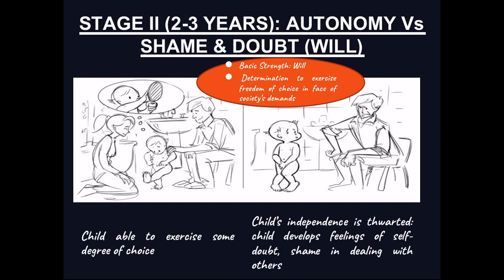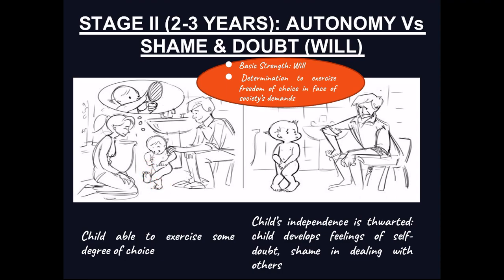So the next stage is stage 2, which is autonomy versus shame and doubt. The age group is 2 to 3 years. The basic strength is the will. Here there is a determination to exercise freedom of choice in the face of society's demand. Now the child starts to gain some freedom